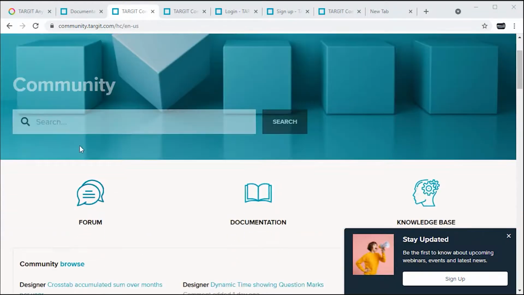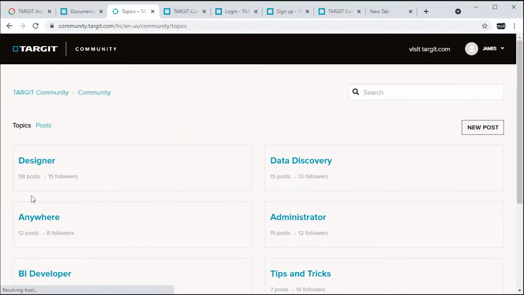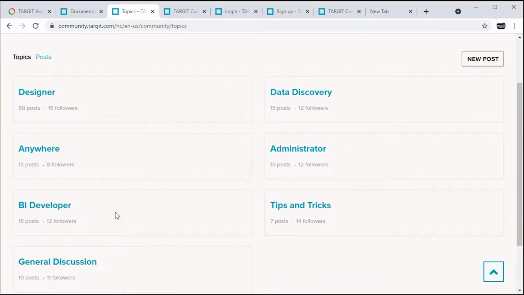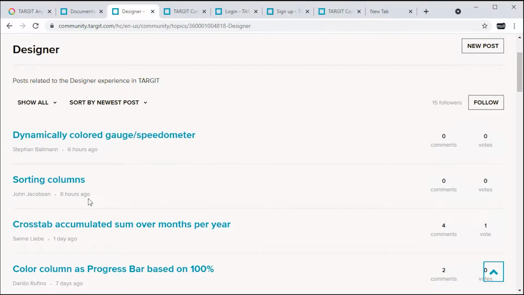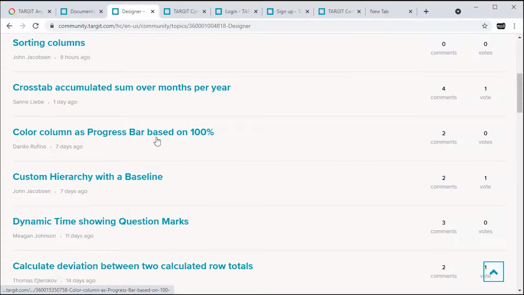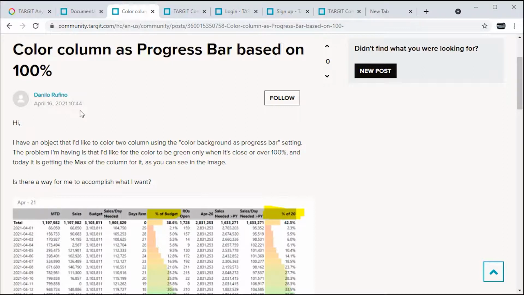Okay, so definitely we'll go back and talk about the community. And what we can do is just notice that without signing in, we can go into the forum and browse into these different categories of questions. So designer has a lot of content in it. And as you see here, there's a question about sorting columns, using accumulated sum in a crosstab, which is a calculation, using color column as a progress bar based on 100%. We can take a look at that and then see, this is an expert user that I know personally, and he posted his question showing